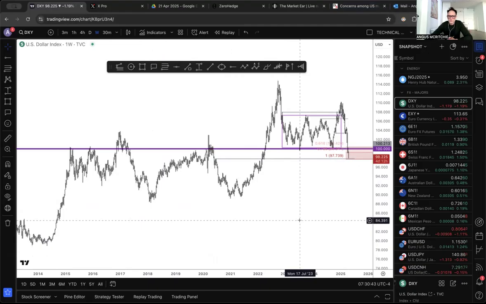Absolutely. Do we know that Trump, in theory, wants or is not averse to having a weaker dollar to make US trade exports more attractive? Absolutely. So the point here is, if we get through this level, which, as I say, is pretty key, about 97, this level here, which I just mentioned, about 97.8 or so, 98, we could definitely have a bit more